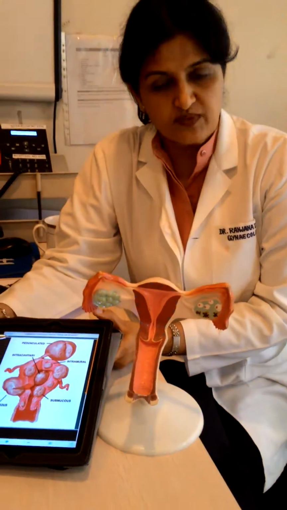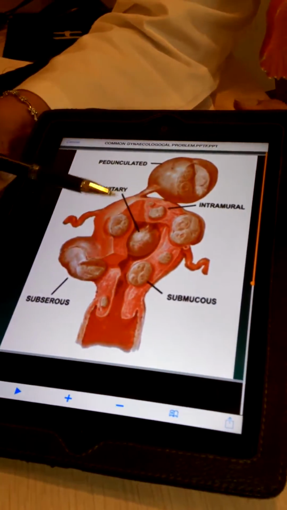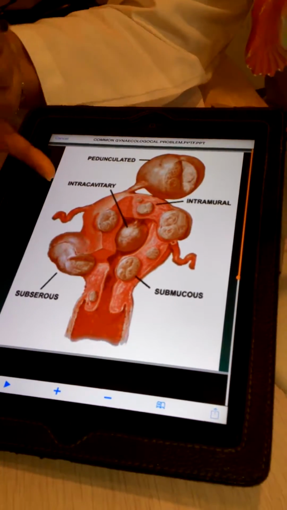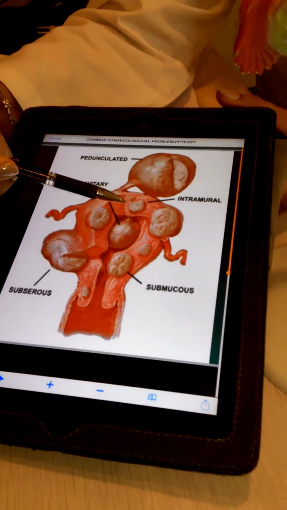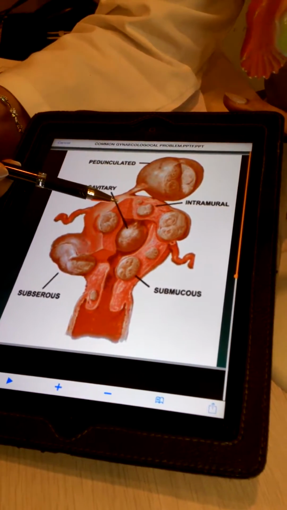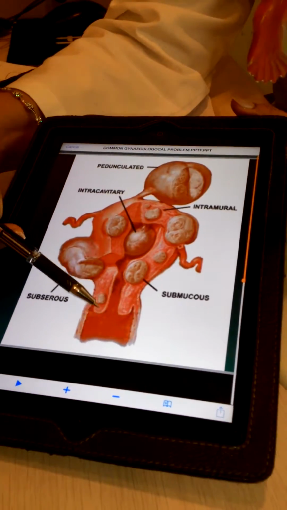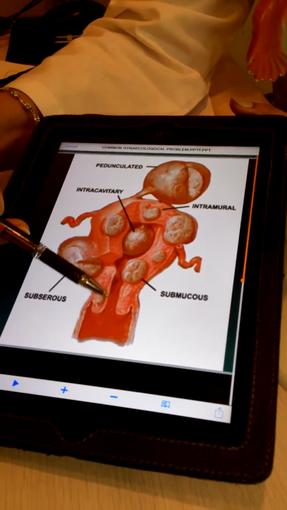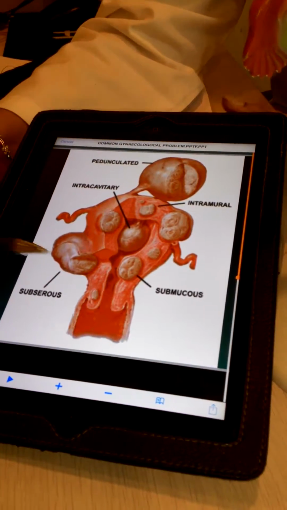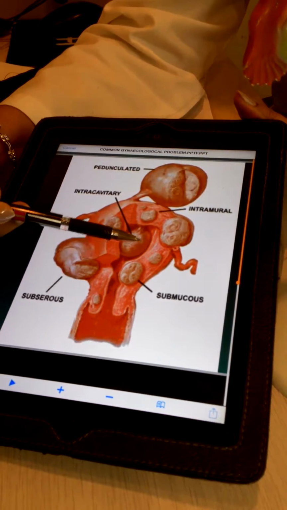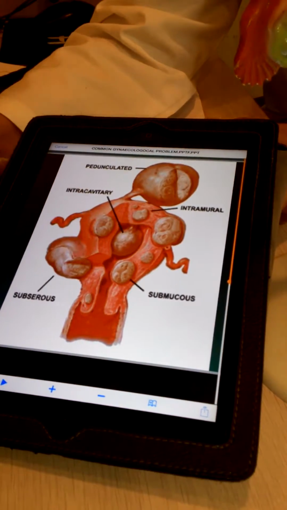If we start off with intracavitary or submucous fibroids, such patients would normally have heavy bleeding, infertility issues, and severe cramping pain during their menses. If a fibroid is aborting outside the vagina, then it would probably manifest as a mass in the vagina and some form of dyspareunia, which is painful intercourse, or intermenstrual bleeding. The treatment for this is hysteroscopically resecting the fibroid and getting it off.